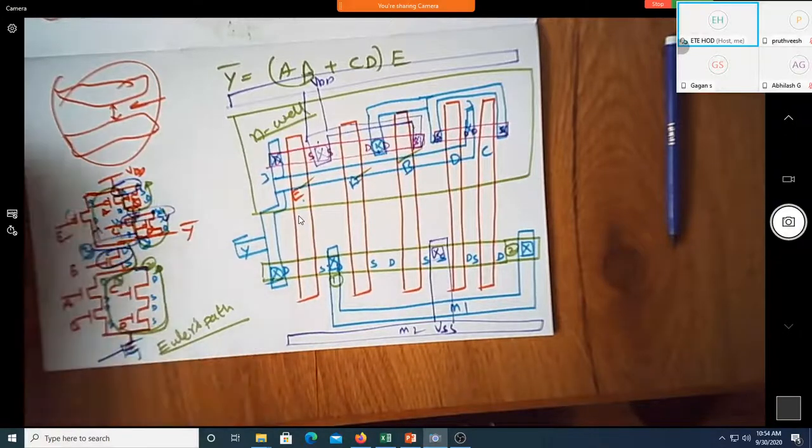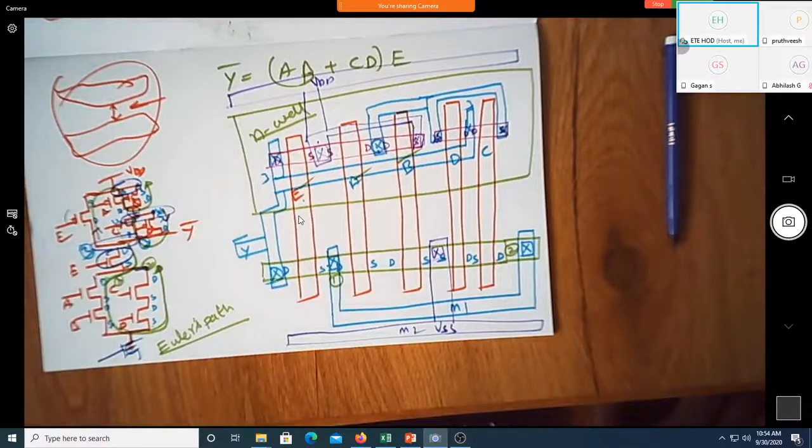Is that fine? Yes, sir. Okay, Abhilash, what did we learn today? Are you there? Sir, yes, sir. What is it that we learned? Sir, drawing the layout of this circuit, sir. Okay, that we learned last class itself. Beyond that,